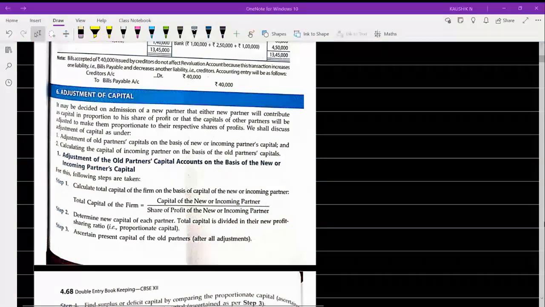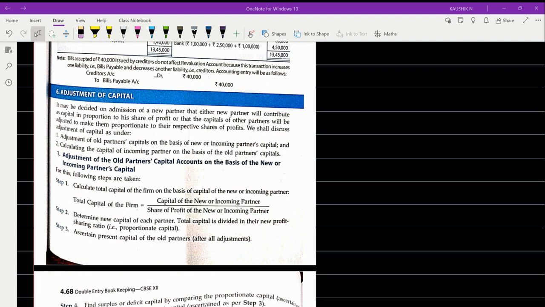So the last concept which we are going to discuss is adjustment of capital. So this we are learning since change in PSR. Adjustment of capital, what does it mean? We have to change the capital structure of the business. It's nothing but we are going to change the entire capital structure of the business. Okay, to put it in simple terms,